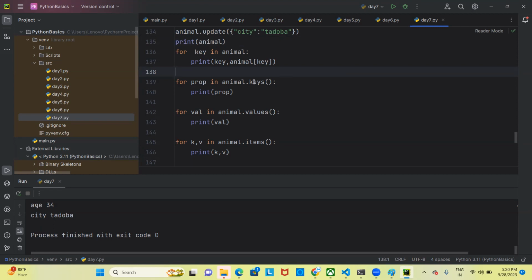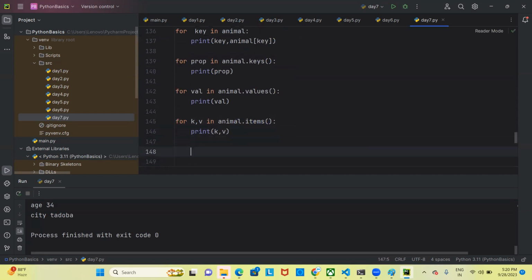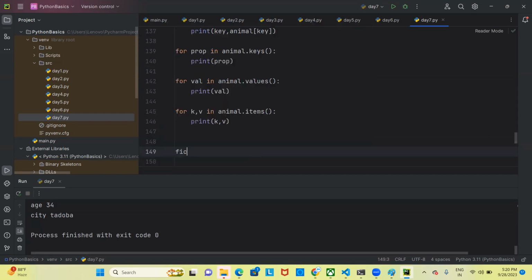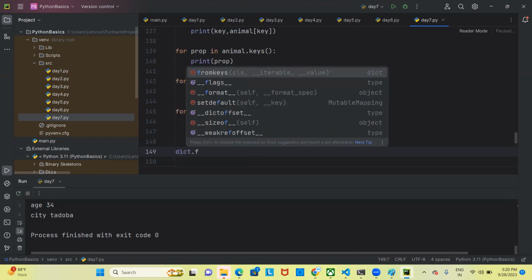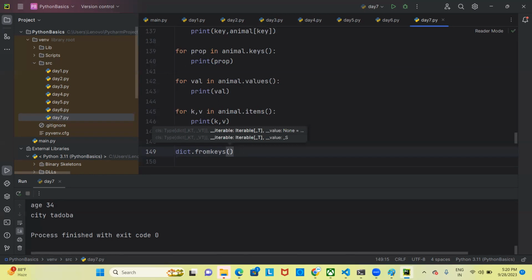So this keys method will return you keys, values will return you values, and items will return you items. Now two methods are remaining, out of which one we need to call on class level. So dict.fromkeys. I'm directly creating a dictionary from one method. The method name is fromkeys. So what you can do, you can simply pass two values to it. So let's say for example, I want to create a dictionary with keys, like say